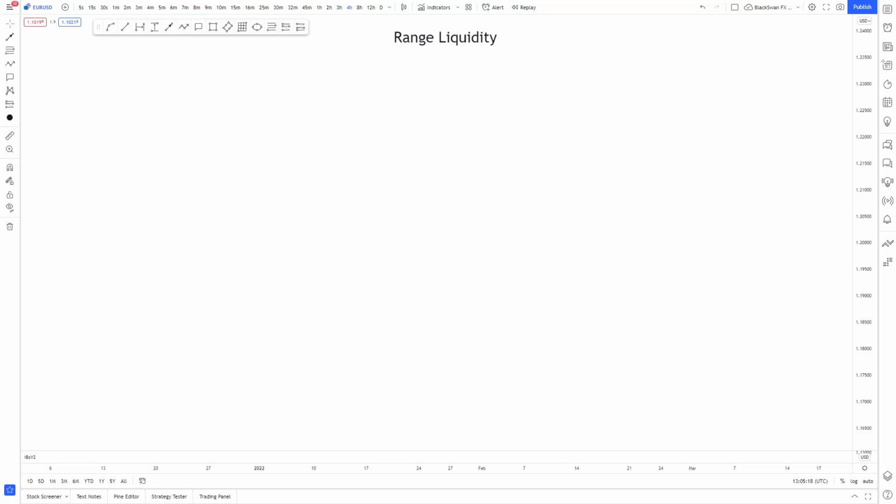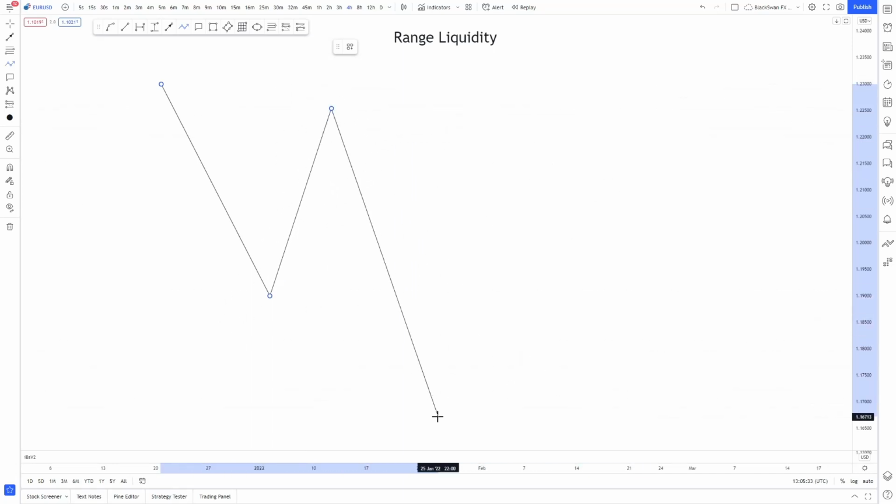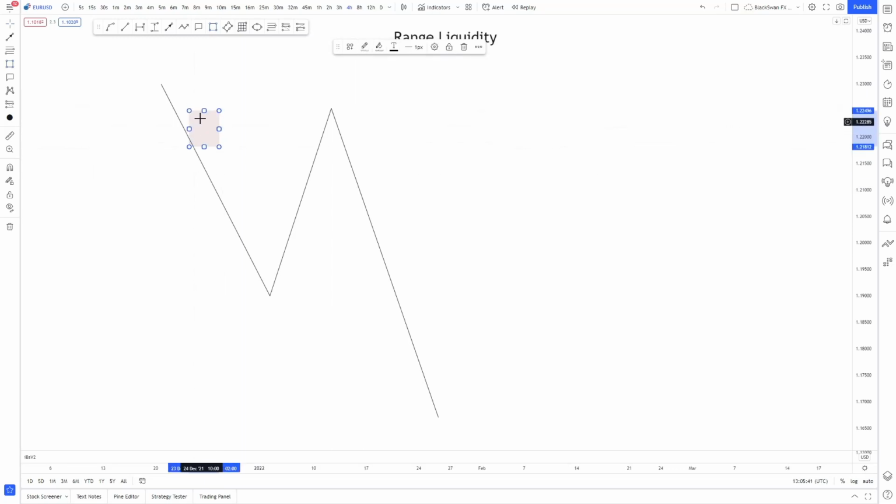So when we think about range liquidity, it looks something like this. So let's say this is our 15M. Yeah, 15M's bearish in this example. We create a new strong high that runs the low. And during this sequence of events, what we might be doing is obviously selling, yeah? So we might have a supply zone here